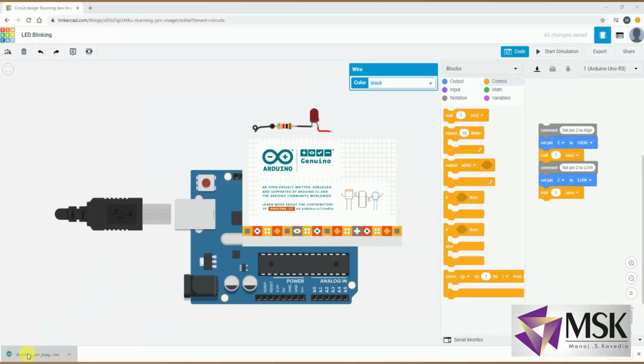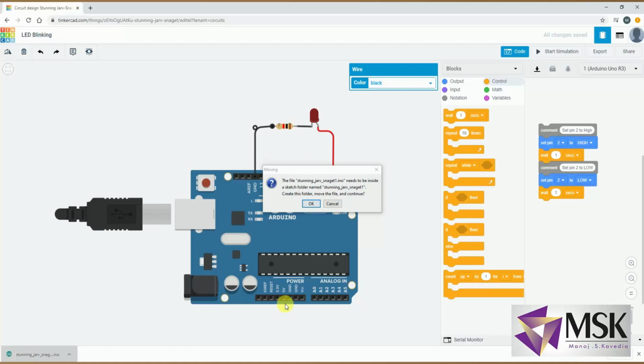So Arduino IDE is getting loaded. Fine, let's see this code here.